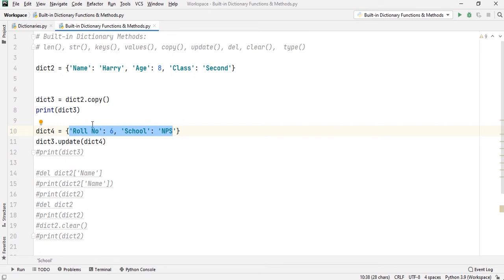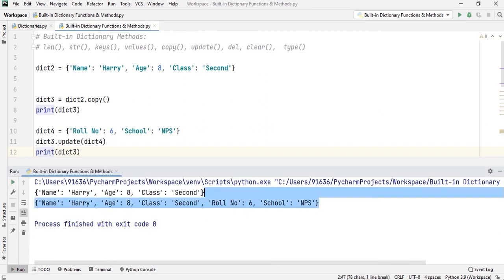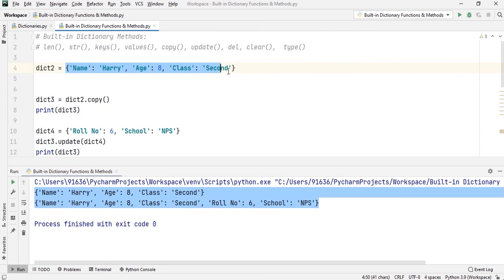You will understand because here I have printed dict3, which has these key value pairs, and when I print dict3 again, it will have the updated key value pairs from dict4. For that, I have to print my dict3. I am running it for you now so that you can get a better idea. As you can see in the console, this is the output. I will show you what actually happened. When I printed dict3 here, because of the copy method, it copied the contents of dict2 and created dict3 with these key value pairs.